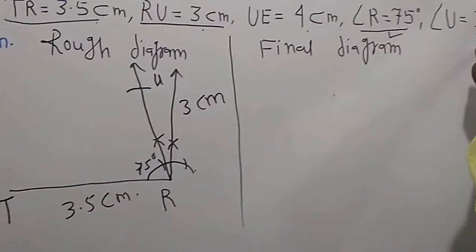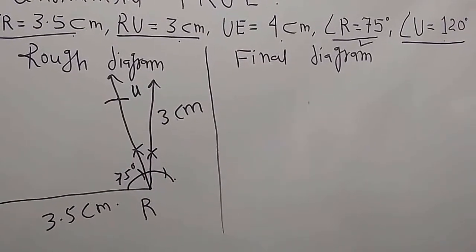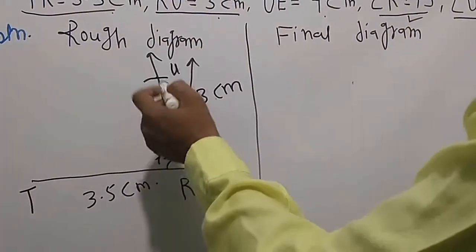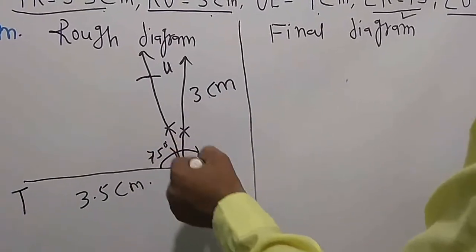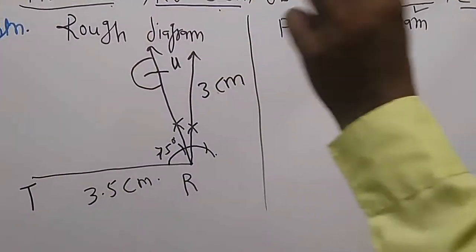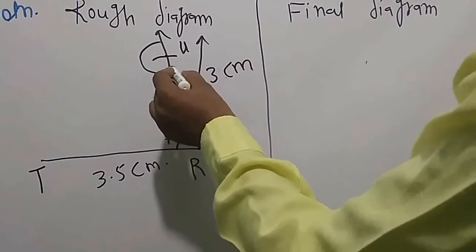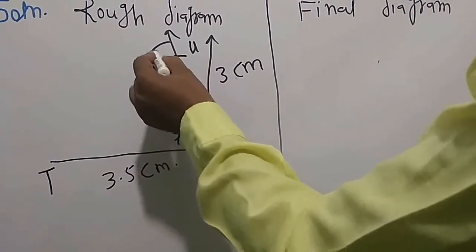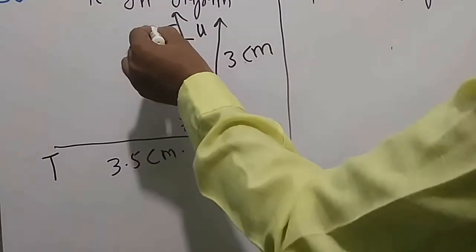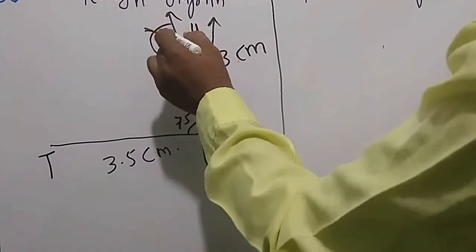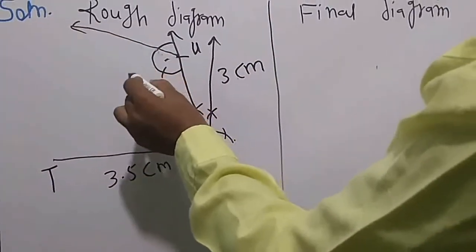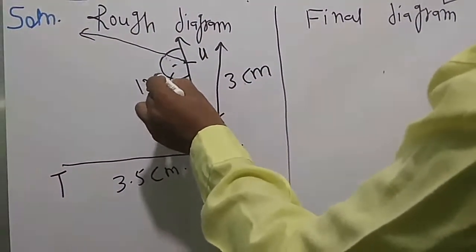Now the angle of 120 degree is given. So from this point U we draw one more arc as we drew here like this. For this we open our rounder a little. Then we draw from this point 60 and this is 120. Then we join this point with this intersecting point. It is our 120 degree angle.